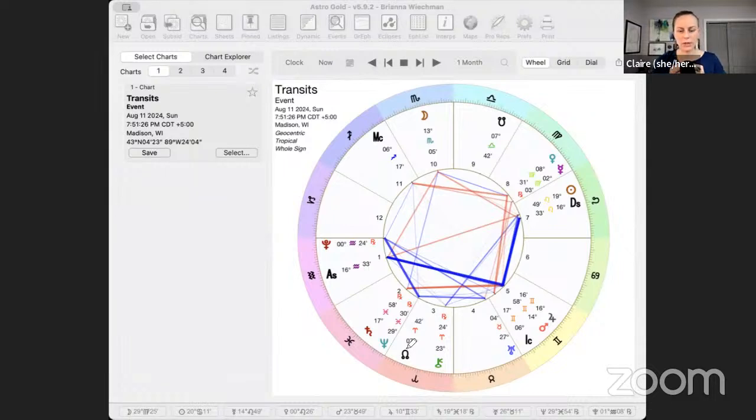And so I do think that there's something that happens around the eclipse points, the lunar nodes, that does have something to do with blurring of boundaries and blurring of lines. And I see that. I have to be very careful about that in my own life because I have my moon by the North Node and I see it all the time.